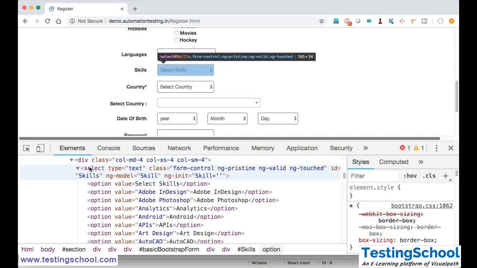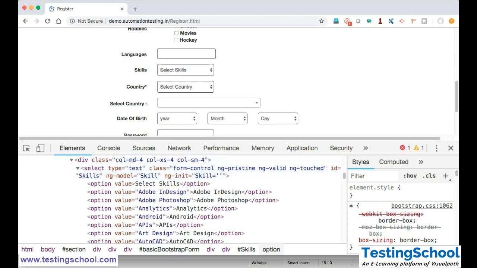Now somebody asks, even if this is a select tag, I do not want to use the select class. Okay, then how can you automate? That may also be one of the interview questions. That is a select tag, even though I do not want to use the inbuilt select class from the WebDriver. I need some normal coding, some logic. Okay, so now what we can do here is